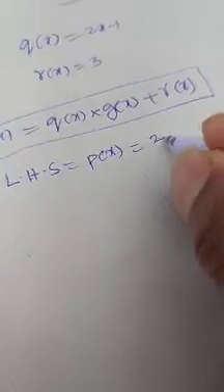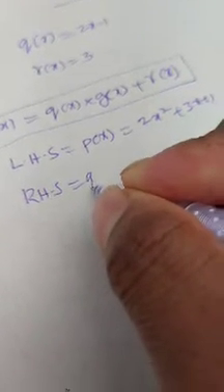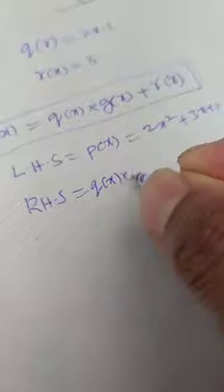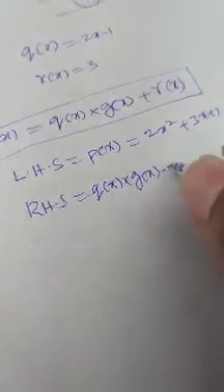We have to check it. For that, this is the condition to verify. So I am taking LHS. What is LHS? First, P of x. What is P of x? As we know, it is the dividend. What is the dividend? 2x square plus 3x plus 1. Okay, this is it. What is RHS? RHS is Q of x into G of x plus R of x.